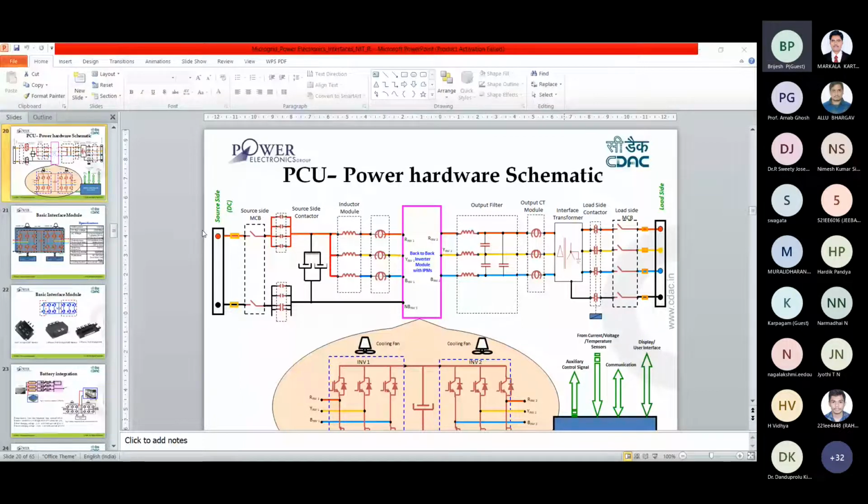Sorry to interrupt you. Tell me, sir. The slides are not moving, sir. Please select the corresponding slide, sir. Which slide are you on now? I am on the 26th slide. We are able to see 20 to 23, sir. Please select 26, sir. Otherwise, could you please start sharing once again?